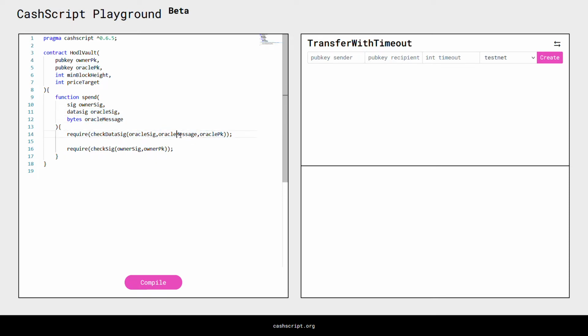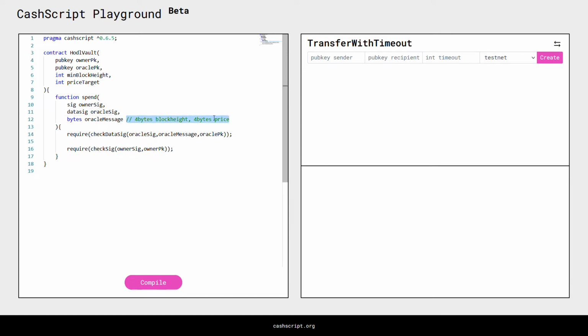So now we need to parse the oracle message to actually see what it says. And for our mock oracle, the message looks like this. So first 4 bytes of blockHeight information, and then concatenated together with 4 bytes of price data. So the message of the oracle is 8 bytes in total, but for a live production oracle, this would be